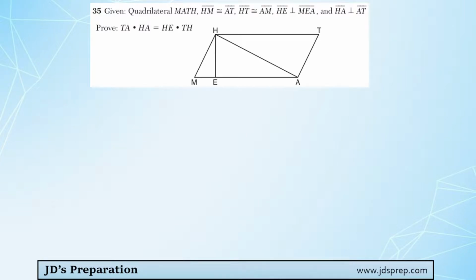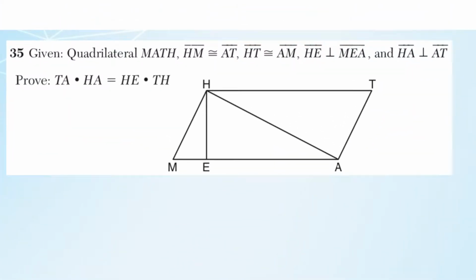All right, let's start this problem off by labeling what we know. So we're told that HM and AT are congruent, those two lines there, and that HT and AM are congruent. We also know that HE and MEA are perpendicular, and HA and AT are perpendicular as well, so right there. Okay, so what we're trying to prove is that if we were to multiply TA and HA together, we would